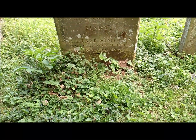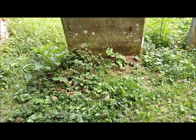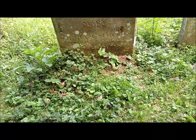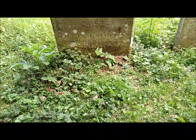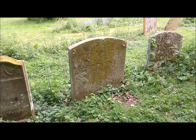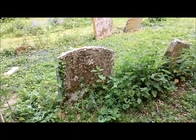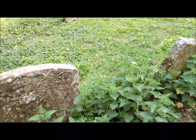And here we've got Mary, could be wife of William Simpson, who died 1851. Look at that though, look at that, folks. A Brooke grave, two Brooke graves. Something drew me here today. And for all we know, folks,